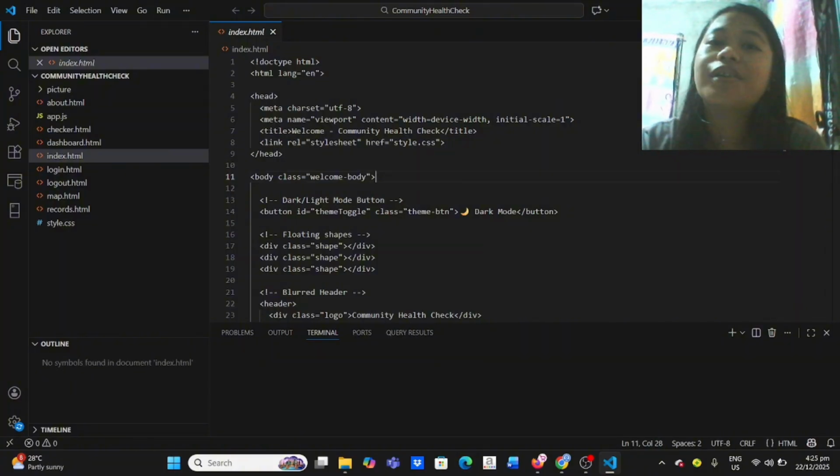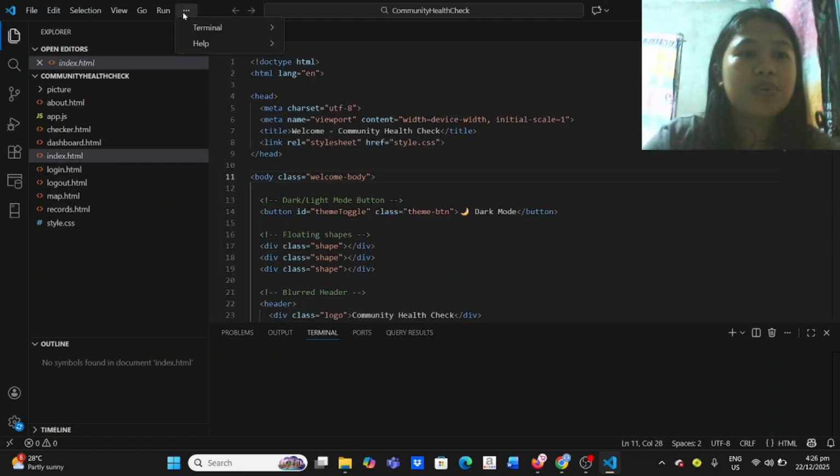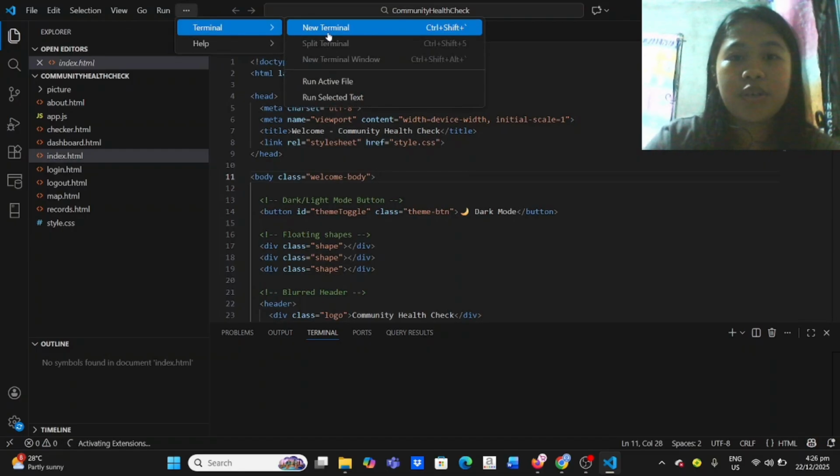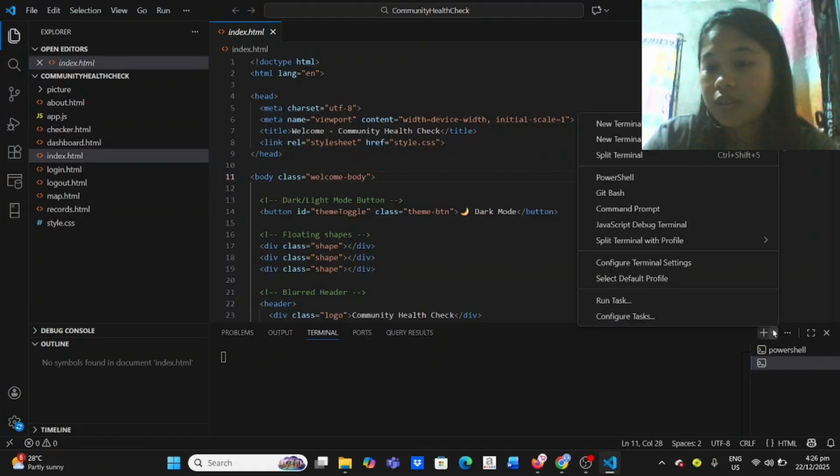The next thing we do is go to Terminal, New Terminal, then click this arrow, then Git Bash.